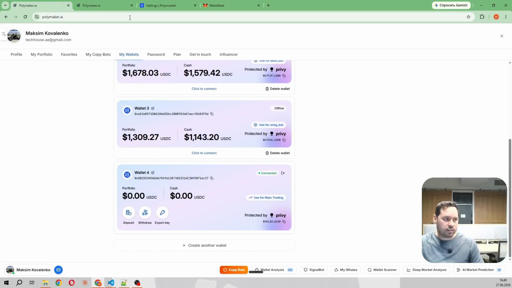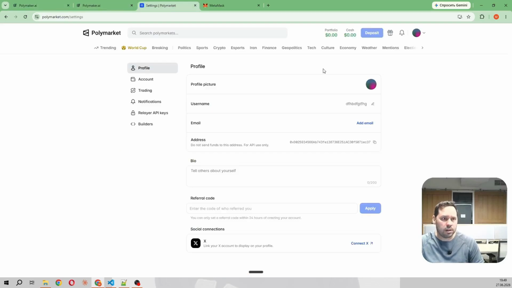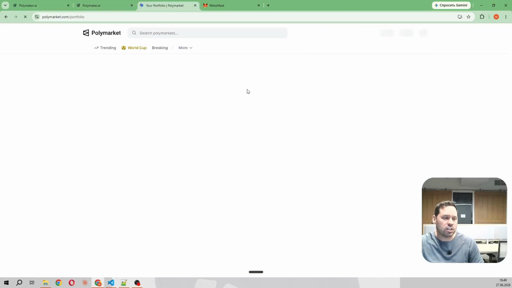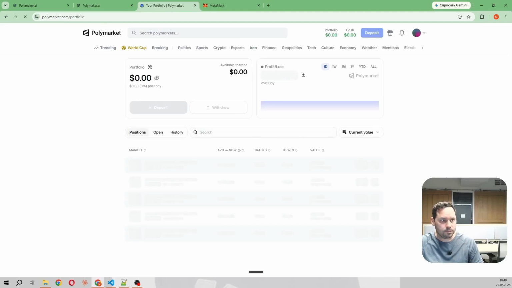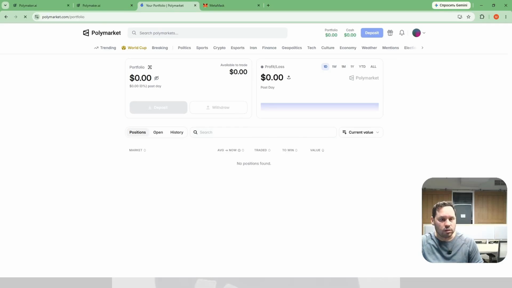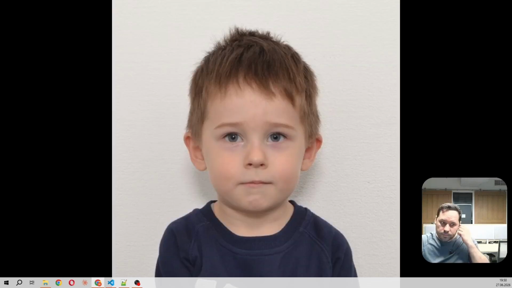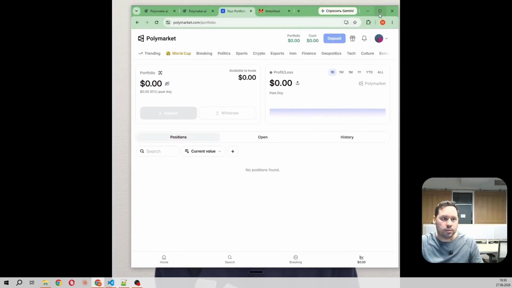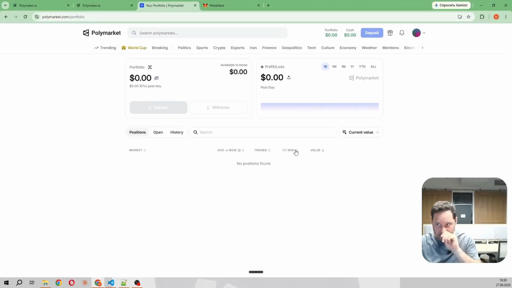When you want to withdraw money, you can either go directly to Polymarket itself and click here on Withdraw Funds to wherever you need, right from Polymarket. Right here, the Withdraw Funds button is clearly available. Wait a second, what exactly is happening here? It looks like we are having some kind of unexpected technical issue at this moment. Here the withdraw button will be available. When you have funds, you can withdraw from Polymarket to wherever you want, or you can withdraw directly from our